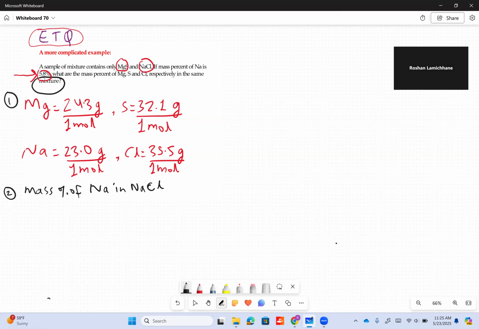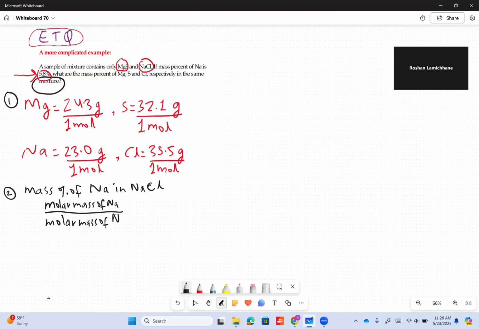Similar to how we've been doing, right? So to find the mass percent of Na in NaCl, all I do is take the molar mass of Na divided by the molar mass of NaCl